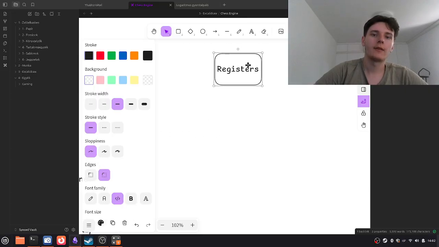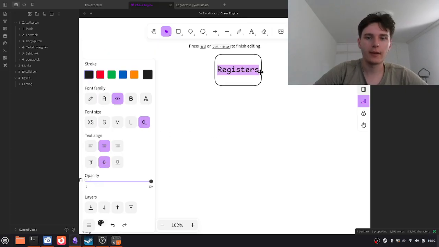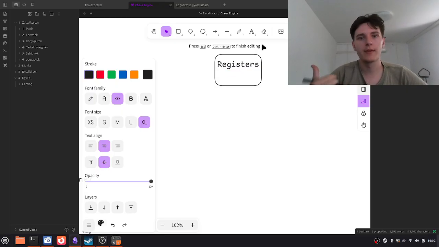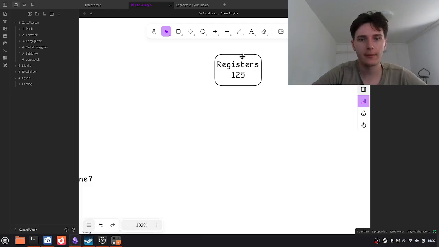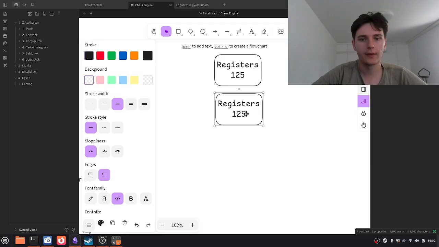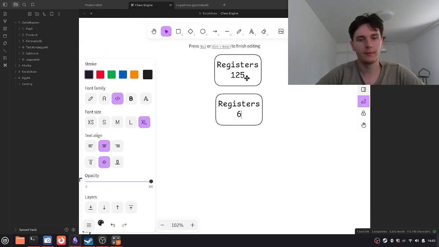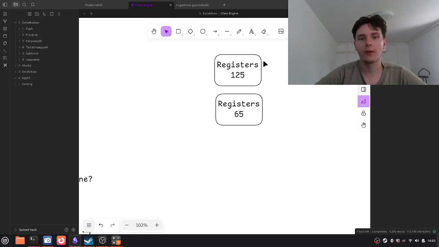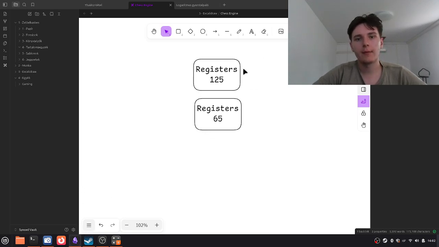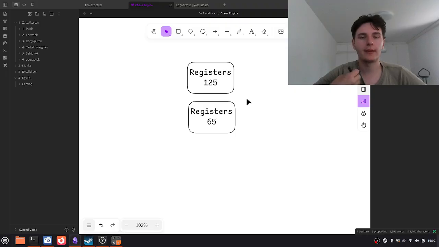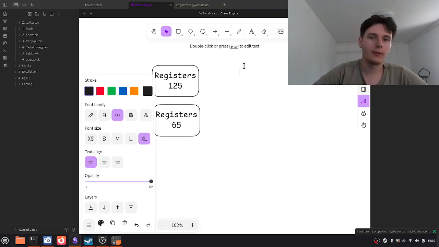Okay, so basically you need to make registers, and in these registers you can put numbers. So let's say this could have like 120, I don't know, 125. The next register could have like the number 65, and so on. And then you can do mathematical operations on them. Like you can add these numbers, you can subtract these numbers, you can